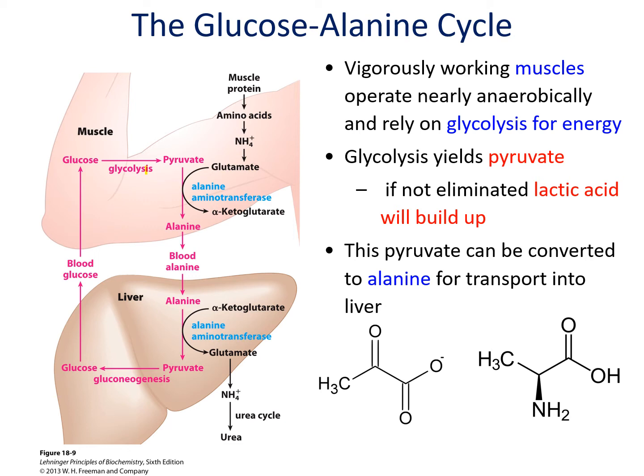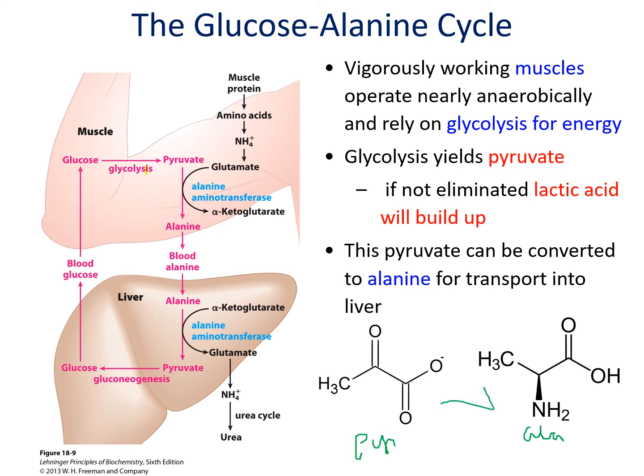So here is the structure of pyruvate. Hopefully you remember the structure of pyruvate. And here is the structure of alanine. And so what happens is you have pyruvate, you don't want it to turn into lactate because that builds up lactic acid. So what you do is you would transfer the amino group from glutamate in your muscle cells utilizing an alanine aminotransferase. So you take the amino group off the glutamate, you add it to the pyruvate, eliminate the water, and then you get